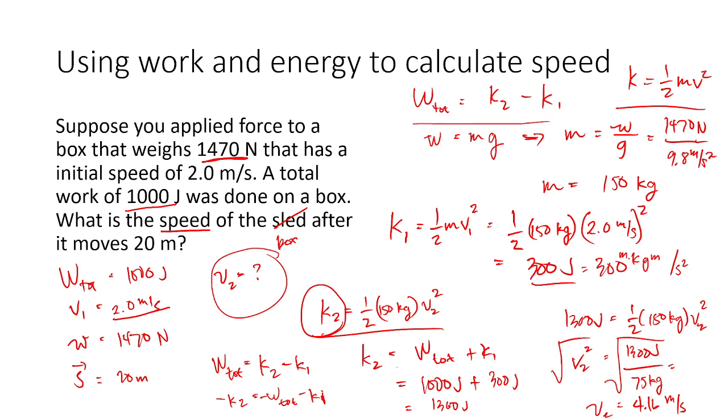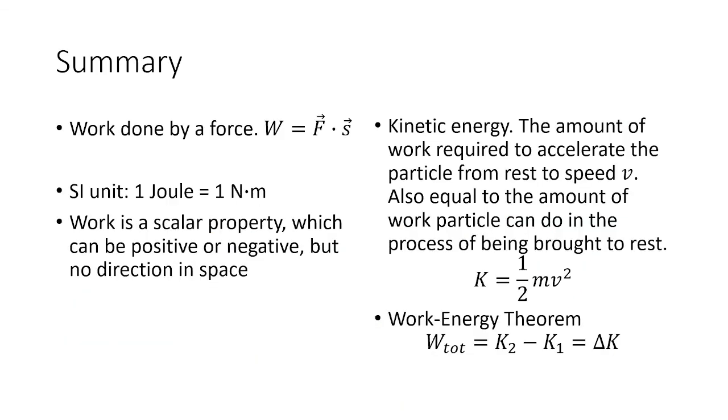And actually, I think this ends the discussion. So here are some summary of what we have discussed today. We have here the definition of force, then work by a force. We also have here the SI unit of work. We also discussed that work is a scalar property, which can be positive, negative, but has no direction in space. Also, we have kinetic energy is the amount of work required to accelerate the particle from rest to speed. And also, it is equal to the amount of work particle can do in the process for being brought to